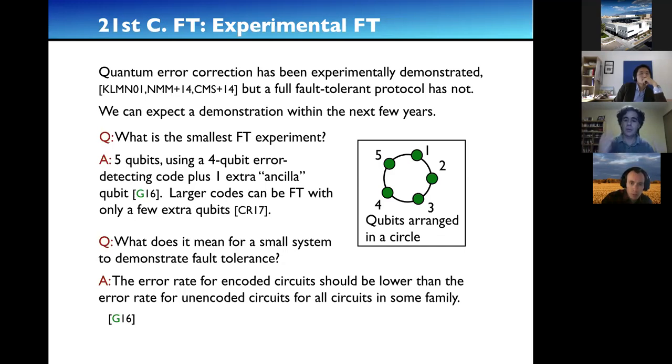And I want this to be true for all circuits in the family, because that's showing that your fault-tolerant protocol is really protecting all the components of your circuit, right? If it's just true for some circuits, that might mean that the protocol is fault-tolerant for some gates, but not for other gates. And then you're seeing an improvement only in the circuits that use a lot of those gates. So we really want to do it for the full range of things in the circuit, and that means all different possible circuits you can make in this way. Okay, so